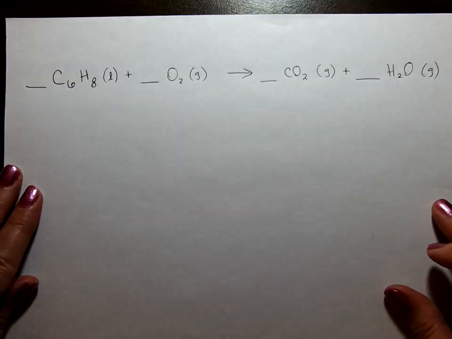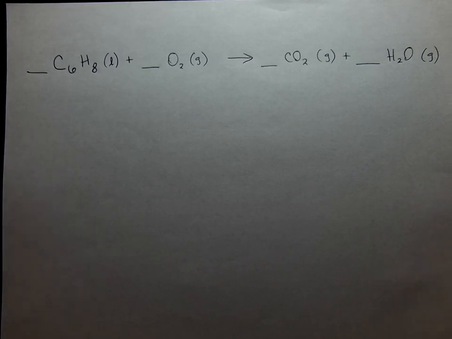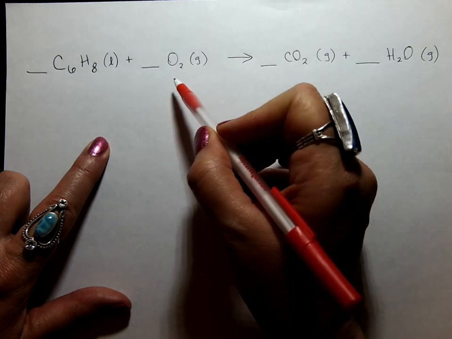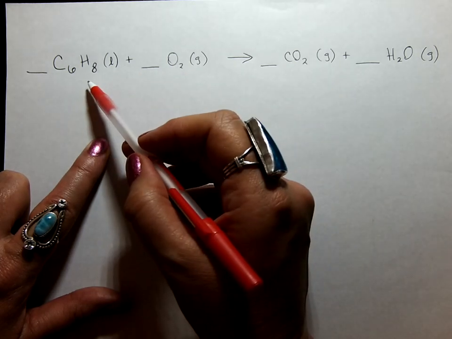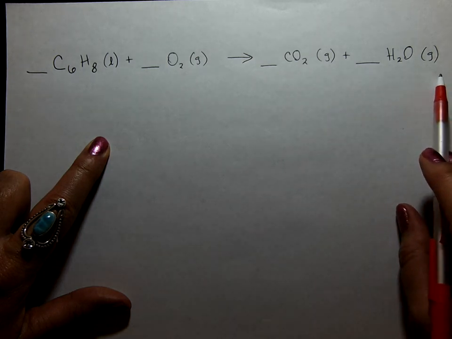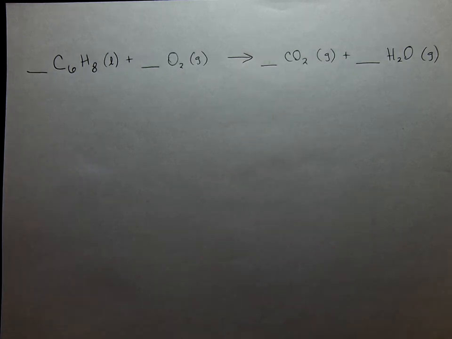We're going to balance this reaction first. Let's look at this reaction, see if you can decide what type of reaction it is. Maybe you know already. It is a combustion reaction, right? Yes, it's a combustion reaction because we need oxygen gas to support the flame when we burn a hydrocarbon. And we always produce CO2 gas and H2O gas when we have combustion reactions. Awesome. Okay, so we're going to balance this combustion reaction.